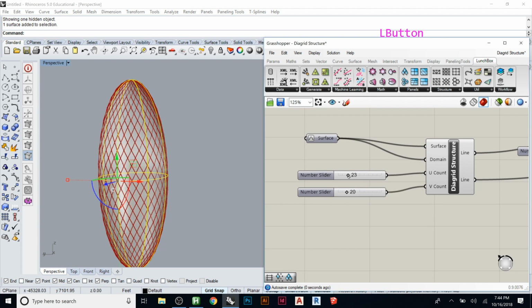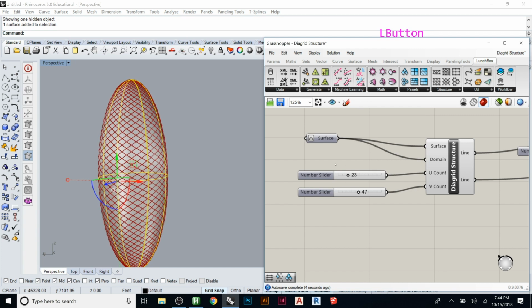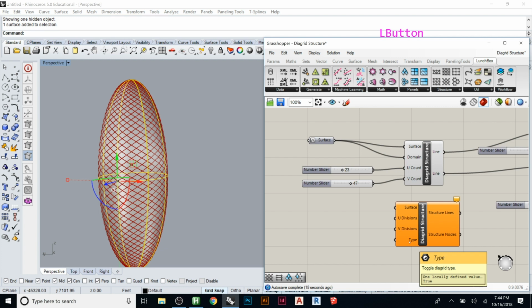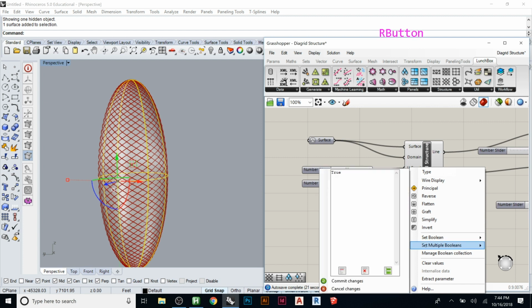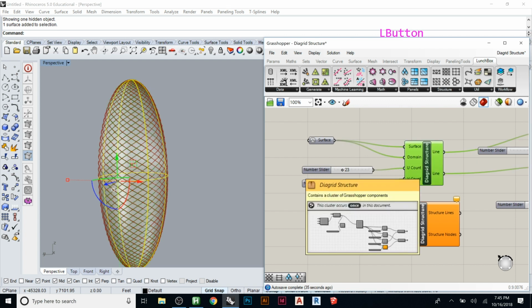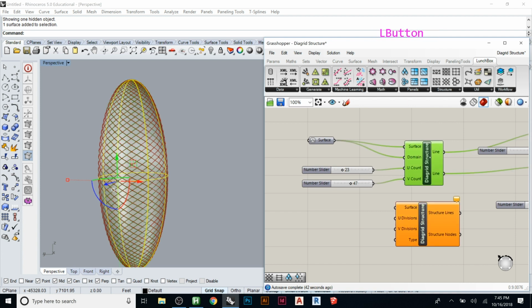But if you notice, this will stay active. So I can change this and I just have a couple inputs and outputs, and I'm completely changing what's happening, and it still runs straight through it. So that's almost exactly the same as this. See? Type, what is this? Diagrid type, true. I don't know what that does. It's true. Okay. But see, that's really similar, but this does the same thing now. We made that one our own, but this one is done and it is part of that. It just has a cool logo. That's the only thing that ours doesn't have, but ours has the whole definition in there. If you look, there's also